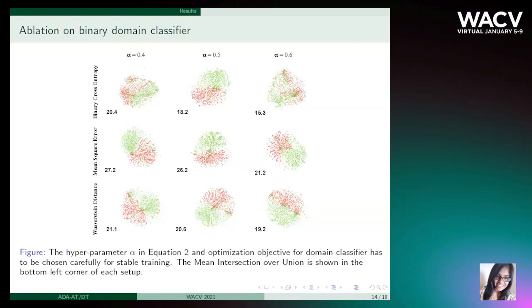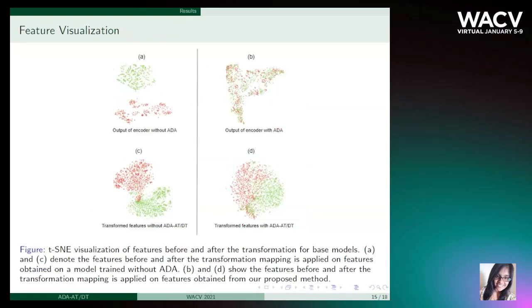The figure contains t-SNE plots for semantic segmentation for different loss functions and different values of alpha. From this figure, it can be inferred that BCE is optimal when N1 is trained for semantic segmentation. By means of similar experiments, we conclude that mean square error is optimal when N1 is trained on depth estimation.